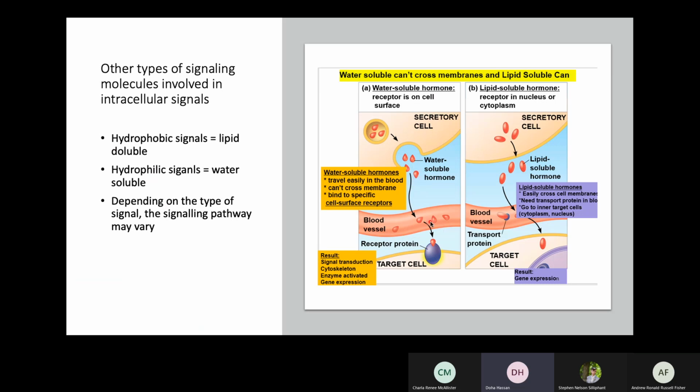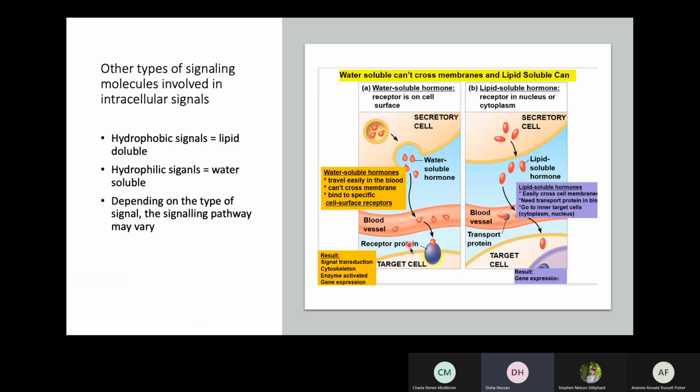It would require some other protein to take it across to protect it from that polar medium. But basically, this water-soluble hormone can travel easily in the blood, but what happens is once it arrives to the target cell, it cannot cross through the plasma membrane or the cell membrane. Now, the reason for that is, of course, because of that phospholipid bilayer that we've come to know and love,